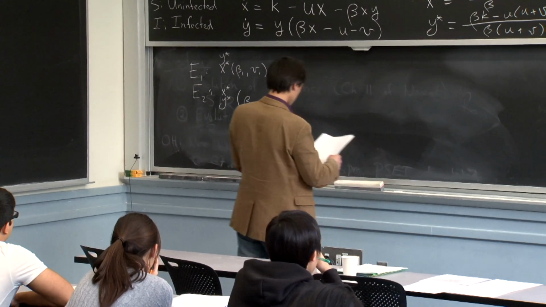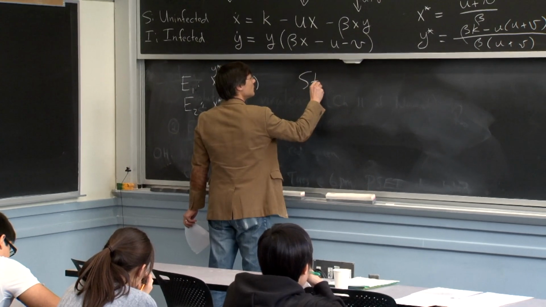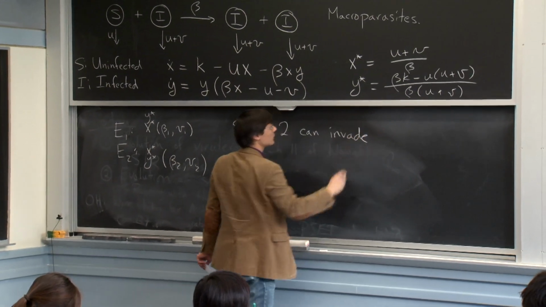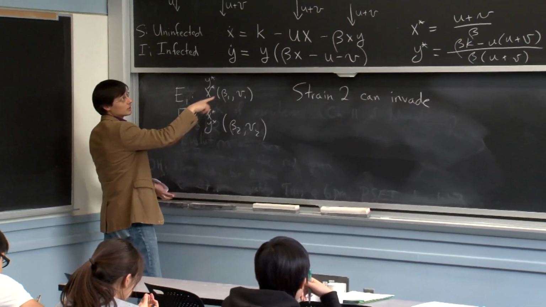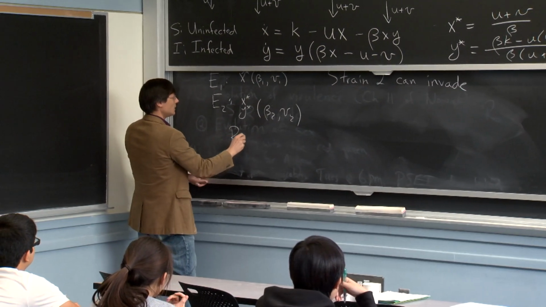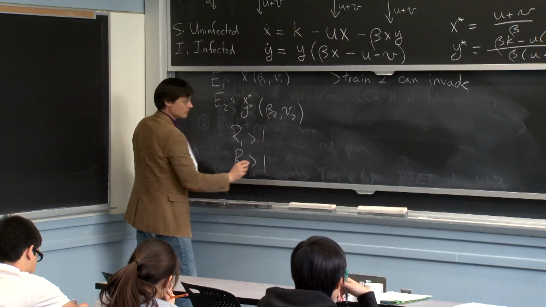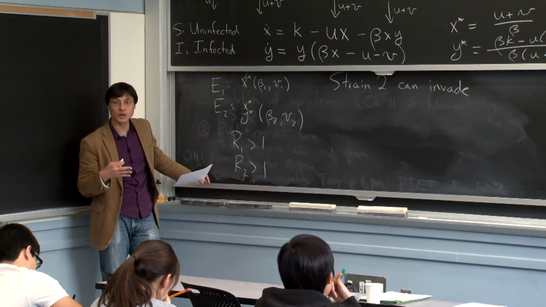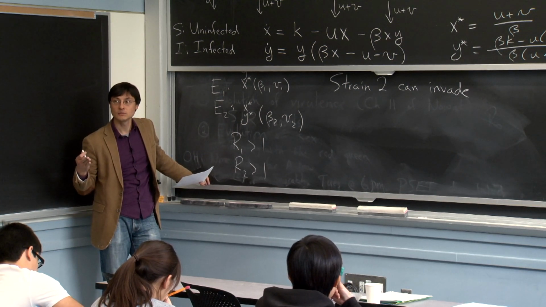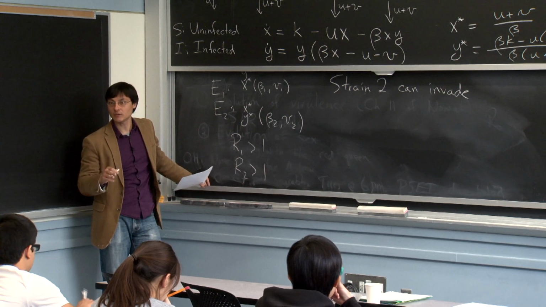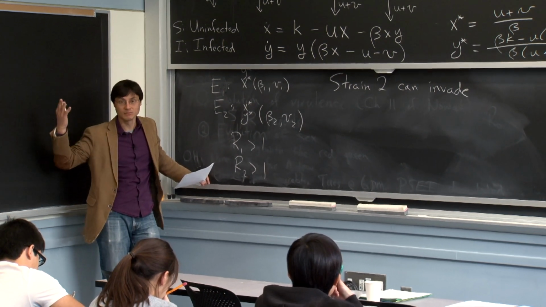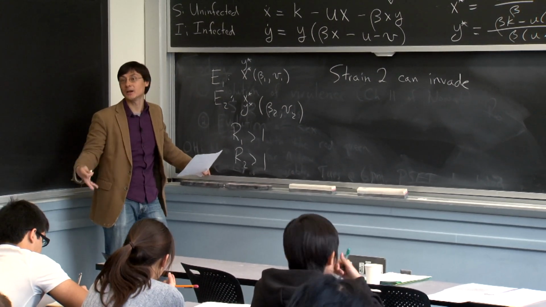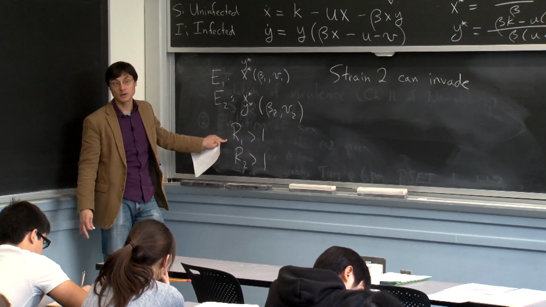All right, so what we want to know is whether strain 2 can invade. Really what we're thinking about is a situation where R1 is greater than 1 and R2 is greater than 1, because it's clear what happens if both are less than 1: they both die out. If one is greater than 1 and one is less than 1, the strain that's below 1 goes out. So the only non-obvious question is what happens if they're both larger than